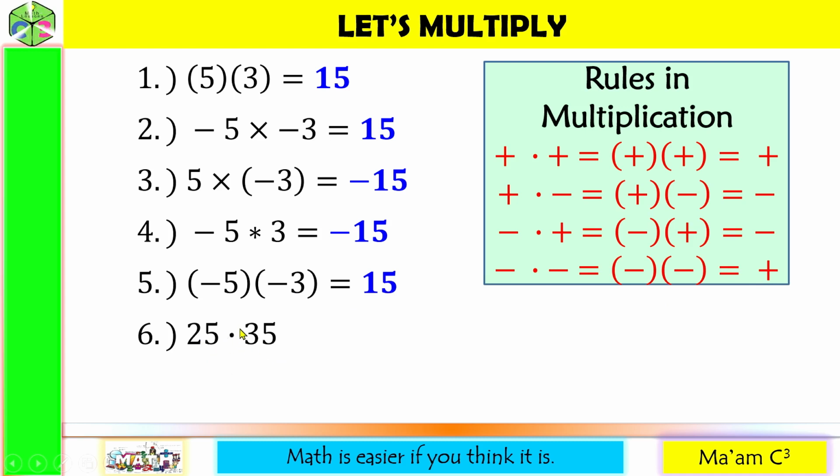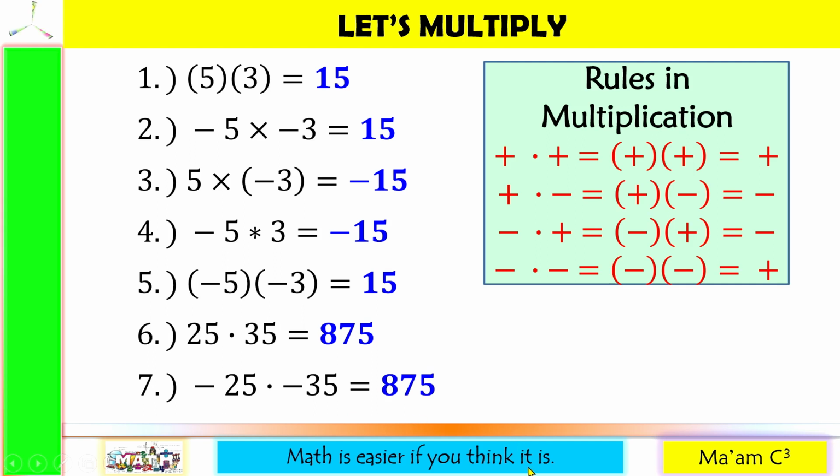This is another symbol for multiplication. Both numbers are positive, so our answer is a positive product. And this will give us 875. Last one, negative 25 times negative 35. Both numbers are negative, so we are expecting a positive product. This is positive 875. By the way, just a review, the numbers that we multiply are what we call factors, and the answer